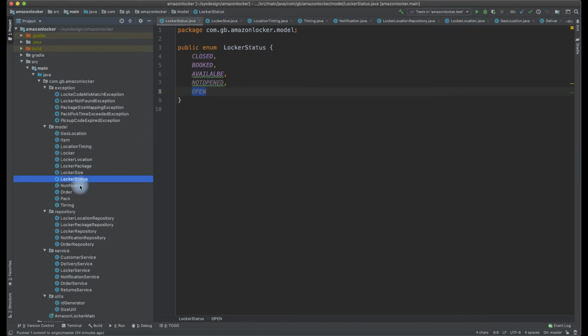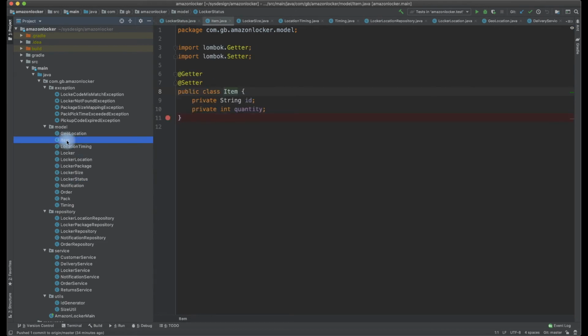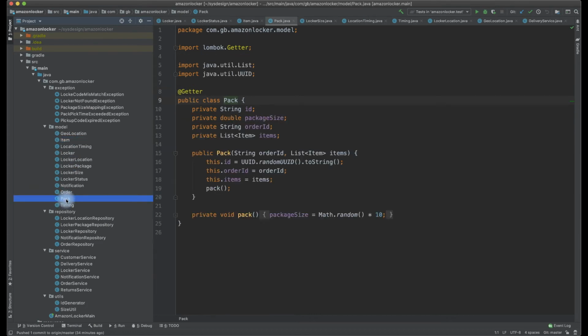Let's look into what can be kept in locker. Well, an item can be kept in locker. A package is kept in locker, right? So let's go from that perspective. What can be kept in locker? So if we intuitively think, when the problem statement is given, while coming up with a model, we need to create a story and connect the dots. So what is the primary actor that we are modeling? What are the other actors which revolve around it for it to function well? What are the boundary things that we need to take care? This is how I will model, and this is how I have modeled as well.